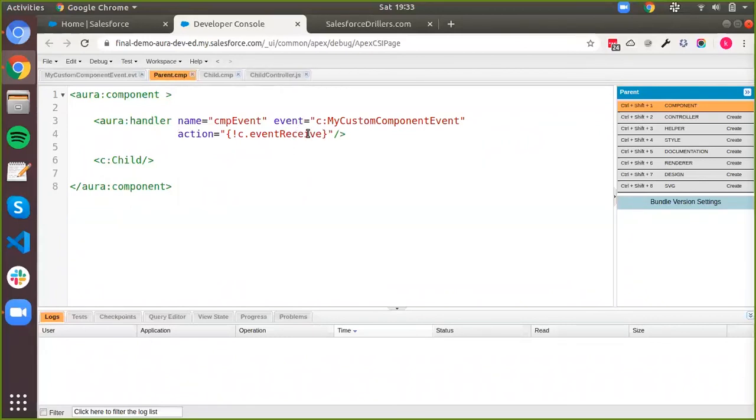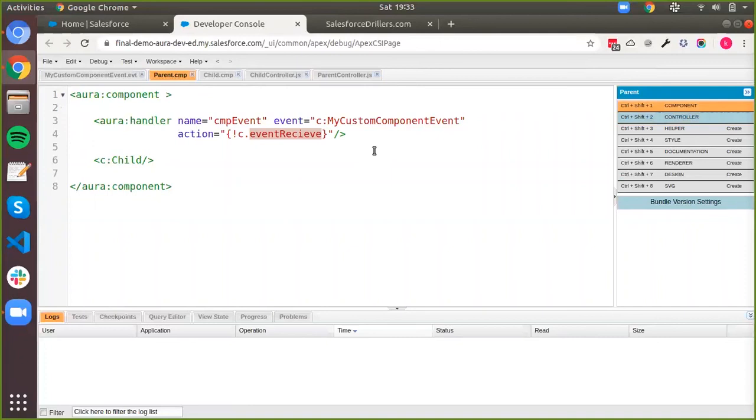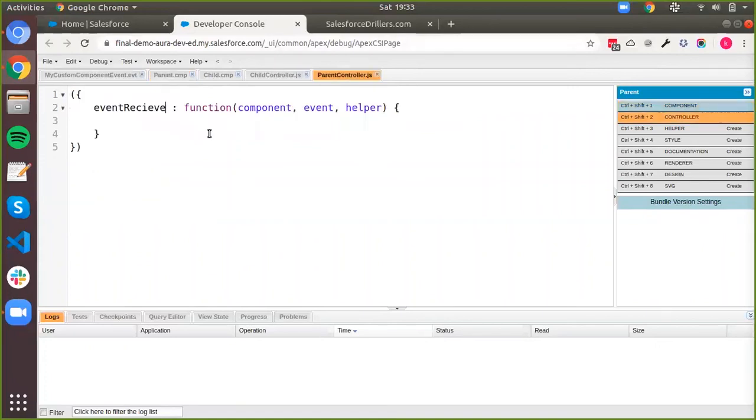Okay, I think I misspelled it. Now, let me create the JavaScript controller for my parent and then just create this method here. Okay, now we have the handler set up properly as well. So now once the event reaches my parent, it'll call this action here. So all that is left to do is now just fetch the information inside the event and use it. So whenever this eventReceive method is called,